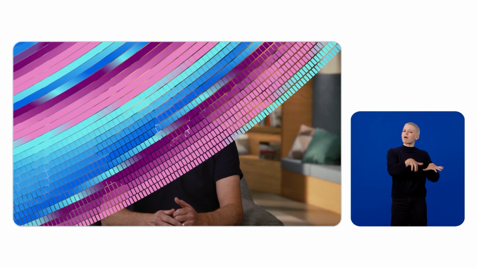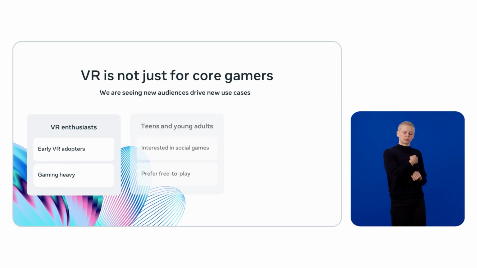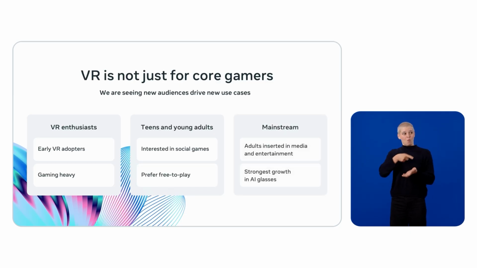To build a successful app, the first thing you will need to understand is your audience. We are seeing some shifts in the VR audience that we want you to be aware of. Traditionally, the VR audience has been driven by hardcore gamers and VR early adopters. While we are still seeing growth in this traditional audience, more recently, we have seen much more growth in teens and young adults. We are also seeing an expansion from those early adopters to the more mainstream users as the product and use cases mature. Now, the information I'm giving you today is based on the VR audience, as the wearable apps aren't yet launched, but we expect those wearable apps to be much more like the mainstream users that we'll discuss today.